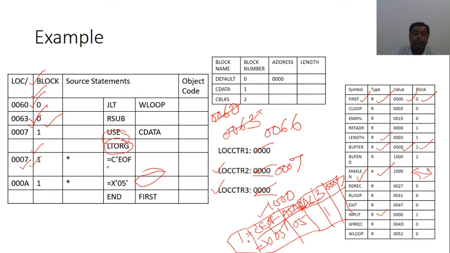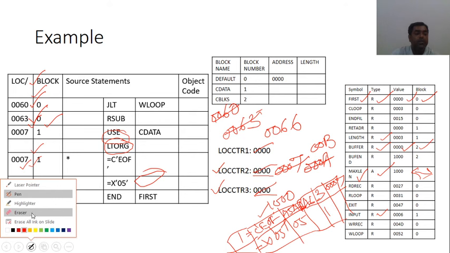We have to maintain the block also. It is in block 1. Now this is 3 bytes, the size of this literal is 3 bytes, so just add 3 to 0007, you will get the next address, that becomes 000A. So the location counter value becomes 000A, and this is a 1 byte literal, this one. So the next value of the location counter will be 000B, and after this there is an END statement. So our program has been completed.